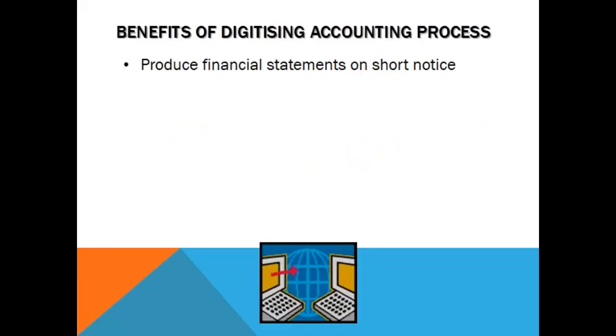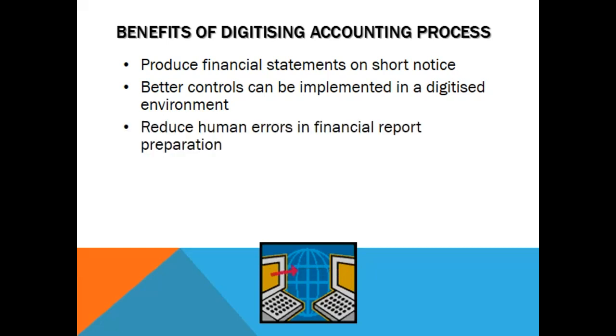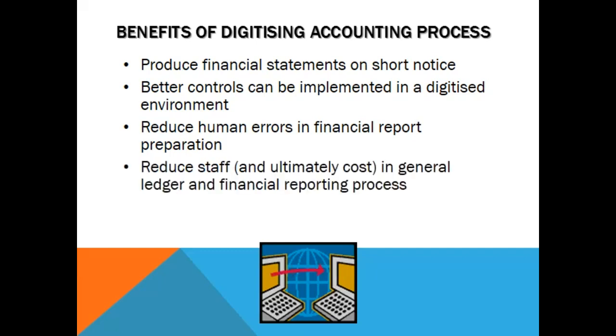The automation of the accounting process enables the preparation of the financial statements to be completed in a much shorter time and as and when required. IT controls built within the system enable better controls to be implemented in the GLS and FRS, hence reducing human errors in the financial reporting preparation process. Over the long term, less staff are required, and ultimately this leads to cost reductions in the GLS and FRS